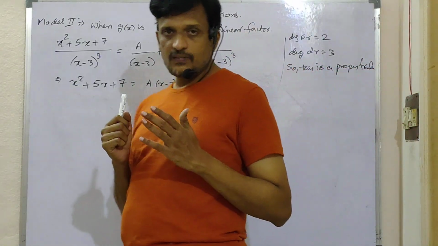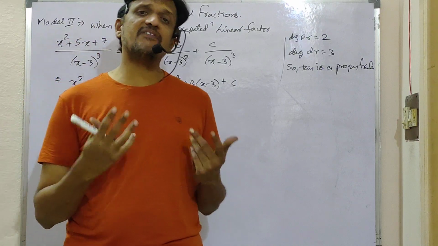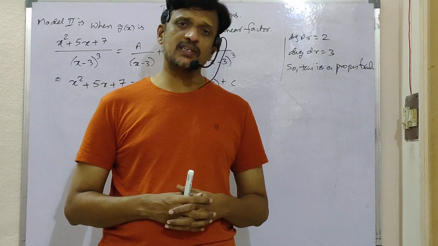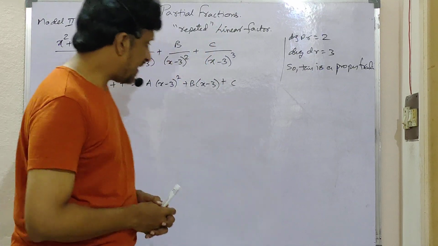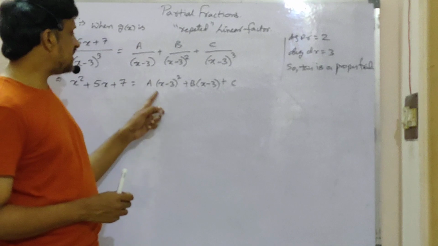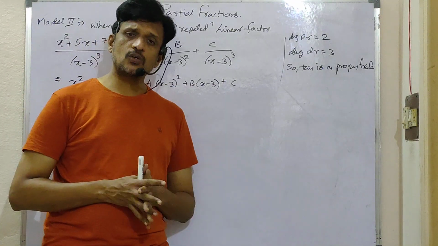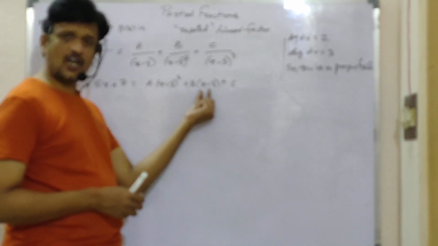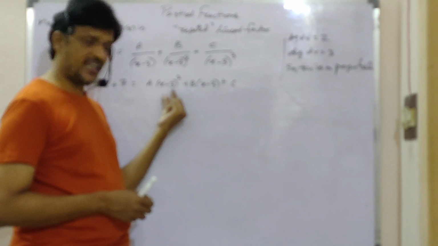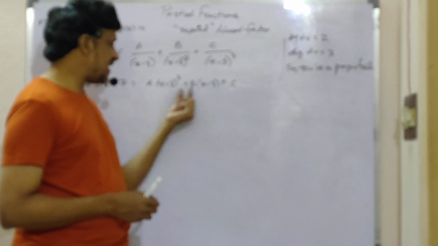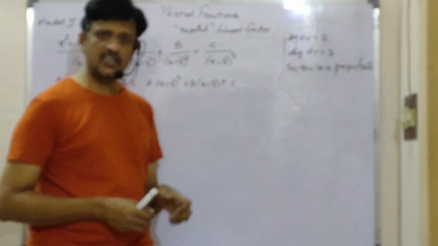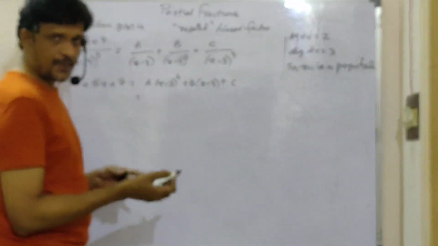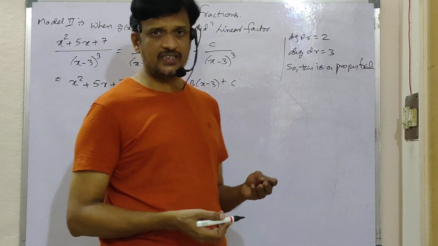Now, in the previous case, two different linear factors are there, so you can eliminate either a or b to obtain the other value. That is a simple concept. But here it is not like that. x minus 3 is the only linear factor you can observe throughout the given relation. If x minus 3 is equal to 0, then the coefficient of b is 0, and at the same time the coefficient of a is 0. So you eliminate a and b both, and you get the value of c. But we cannot find the remaining a and b by using this concept.